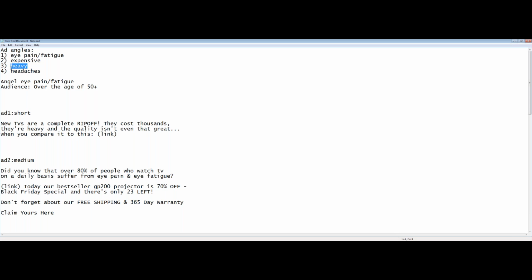Headaches, again, that's something that can accompany this one here. Older age, headaches. So we got an audience for this pain and eye fatigue over the age of 50. Expensive can apply to everybody. So expensive can apply to